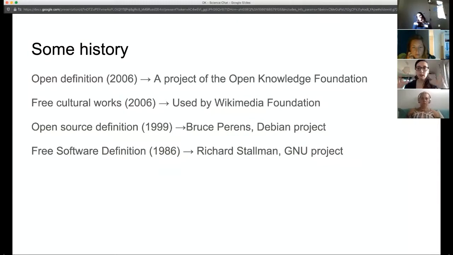But there are some milestones that came before this that I was mentioning. The main one, in the late 80s, with the free software definition, the open source definition, and then free cultural works and the Creative Commons license. Finally, in 2006, we arrived at the open definition, and people have been working on top of that to make it grow in very different domains.